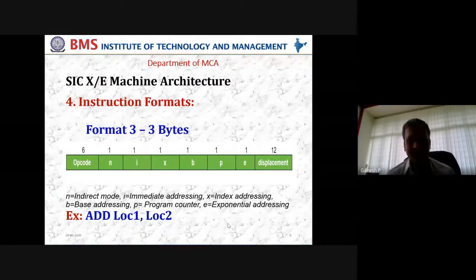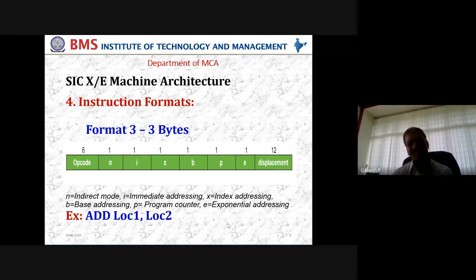So coming back to the discussion here. 6 bits for the opcode, 6 bits for N, I, X, B, P, E, which are 6 in number, total 12. Remaining 12 is given to the displacement. So this is the format of format 3.